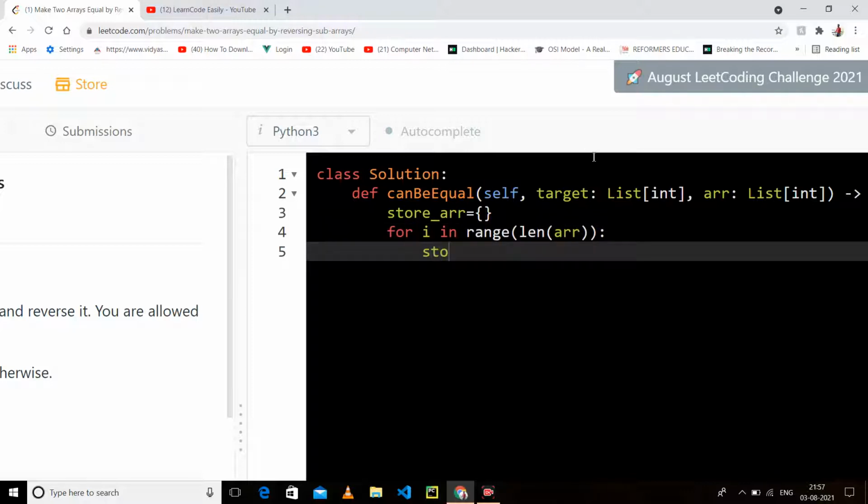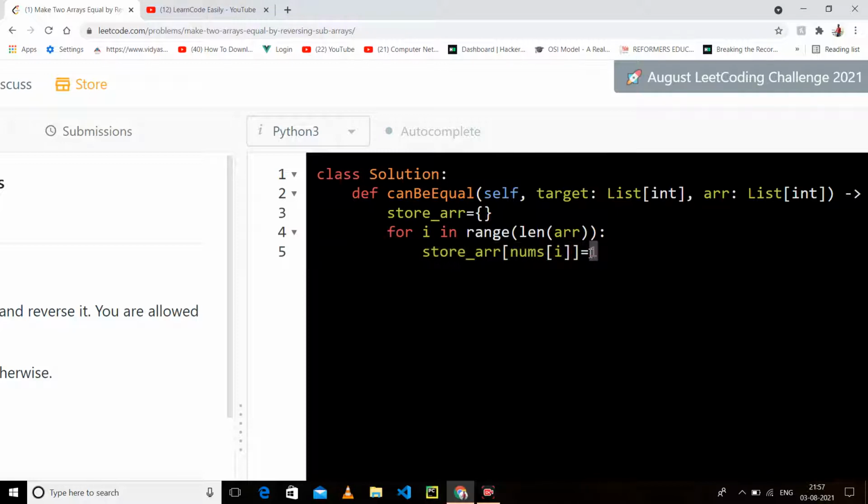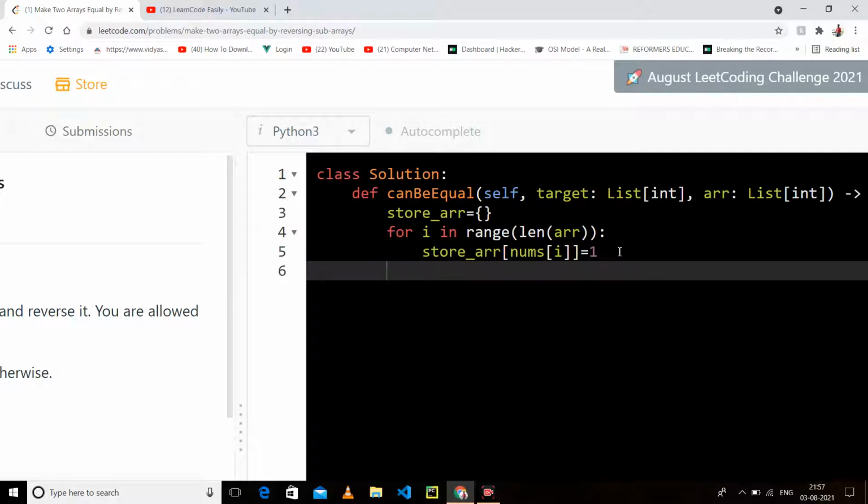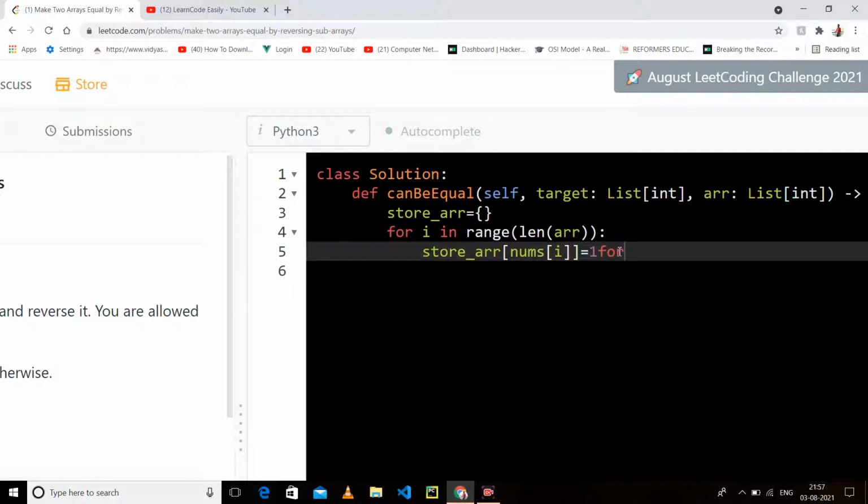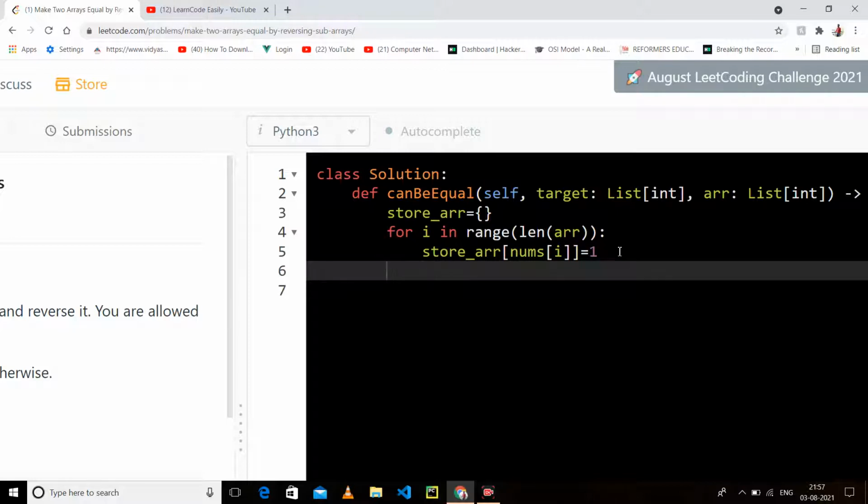So we are storing all the elements in our store array hash map. You can take any number here, 1 2 3 4, or you can take the index as well. So we have stored. Now we will check in our target whether all the elements are present or not.